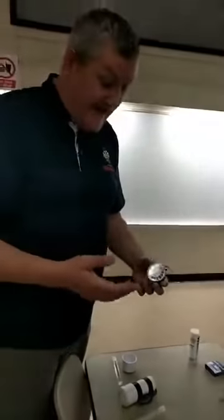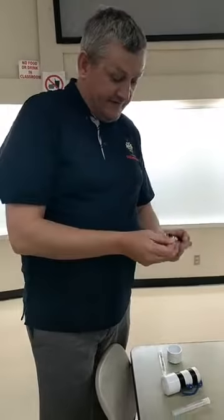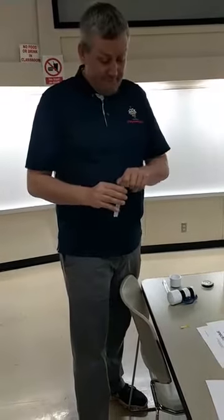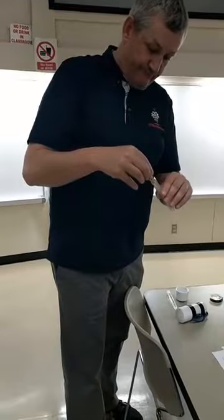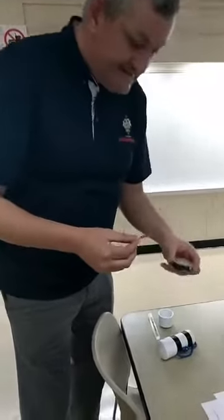Your regional may have different kits, but these are pretty nice. So you just strip off a little strip, or they may be cut for you already. You're going to open this up. Now do be careful, if you're doing this too fast and you open this up, it spills. This is all the sample you get. So open it up. Really simple, just dip this in, pull it out, and then this sample, we look right